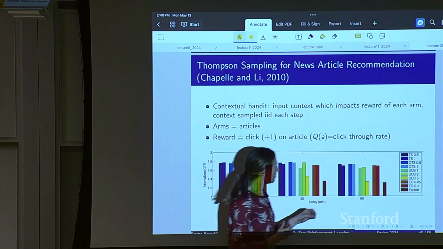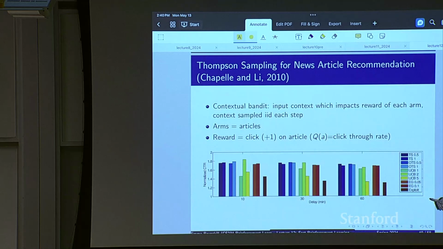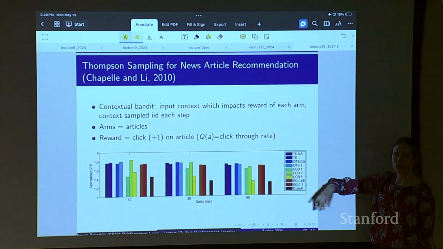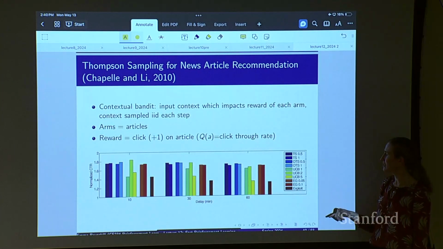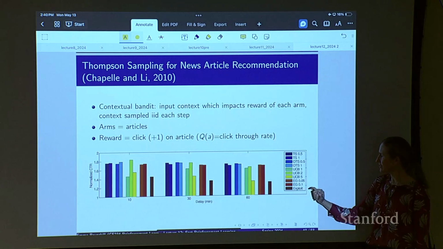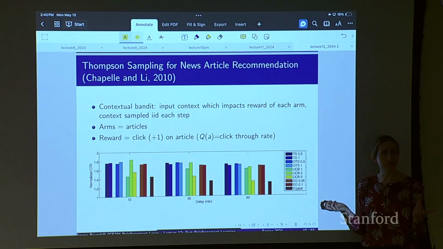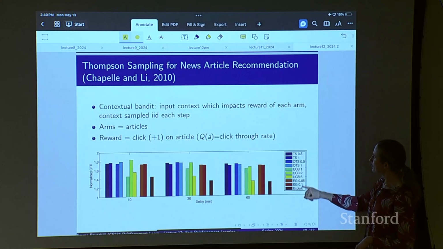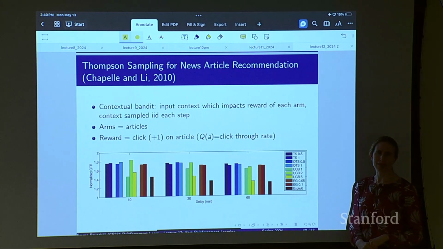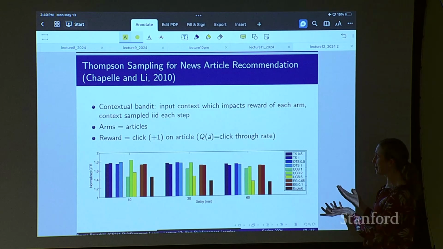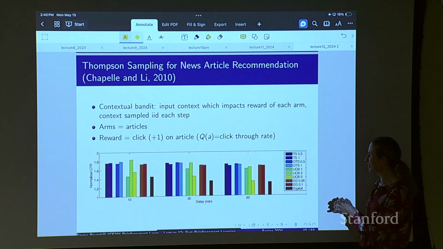And so what they're comparing their algorithms with here is the following. TS is Thompson sampling, OTS is optimistic Thompson sampling. You can try to add in a little bit of optimism in these. UCB is upper confidence bound. EG, I think, is epsilon greedy, and exploit is you just do whatever the mean looks like so far. These are all hyperparameters. As often is the case, the hyperparameters matter, so it's useful to look at these.